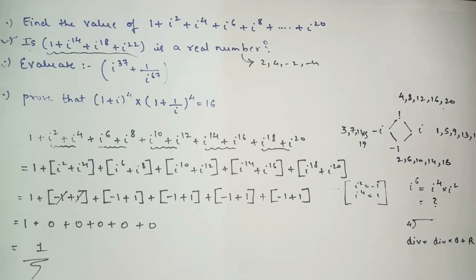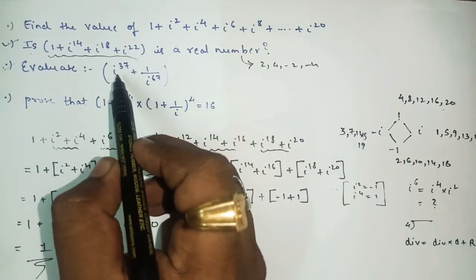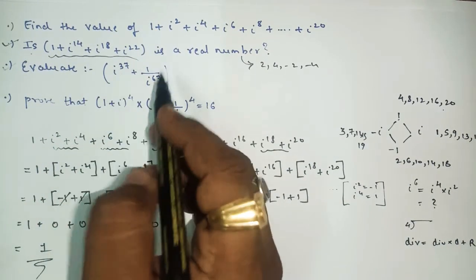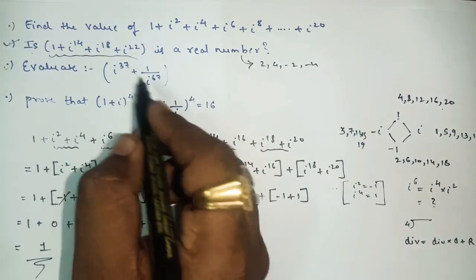Okay, so even the next sum you can try by yourself. Simply you have to substitute the value of i raised to 37 and i raised to 67. So for this sum,